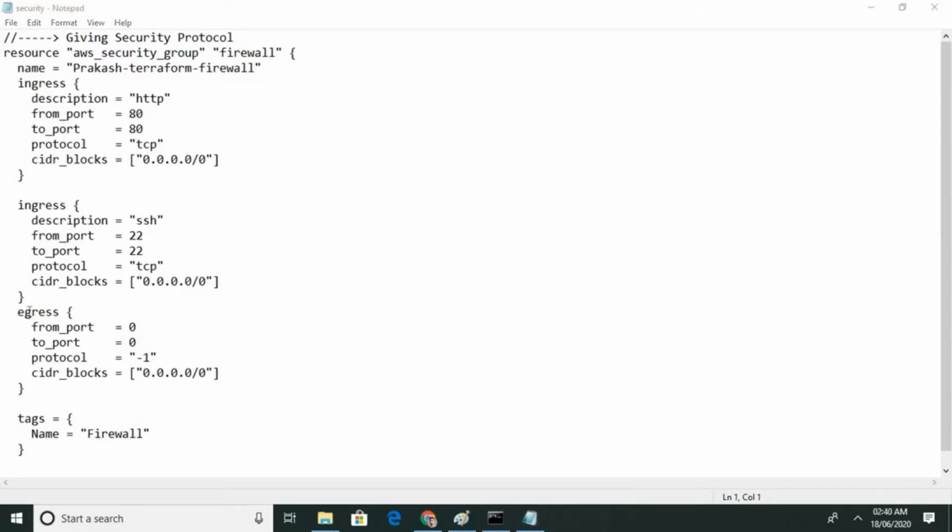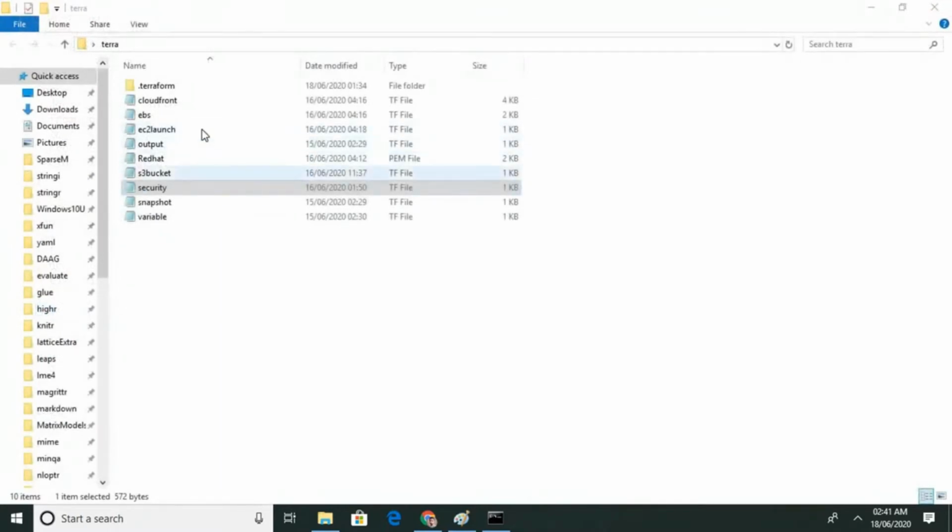So now let's come to the egress part. Egress means outbound, meaning if a client hits a web server on port 80, egress will go and give that to the outside. So if traffic is coming from outside to inside, we use ingress, and if the instance wants to go out, then you have to use egress, outbound. Okay, so let's come to the next part.